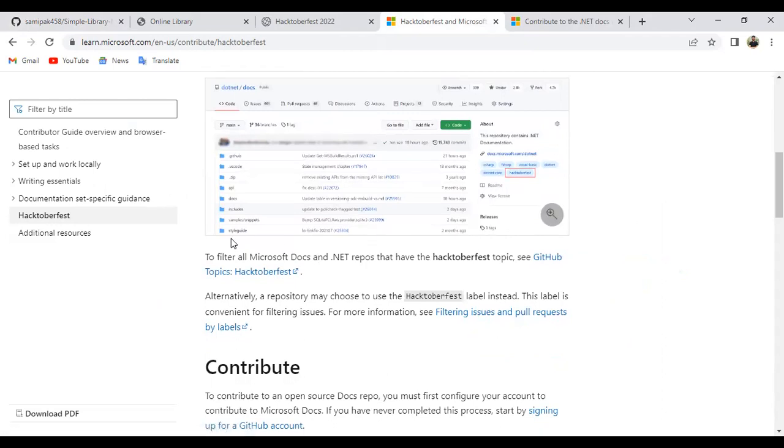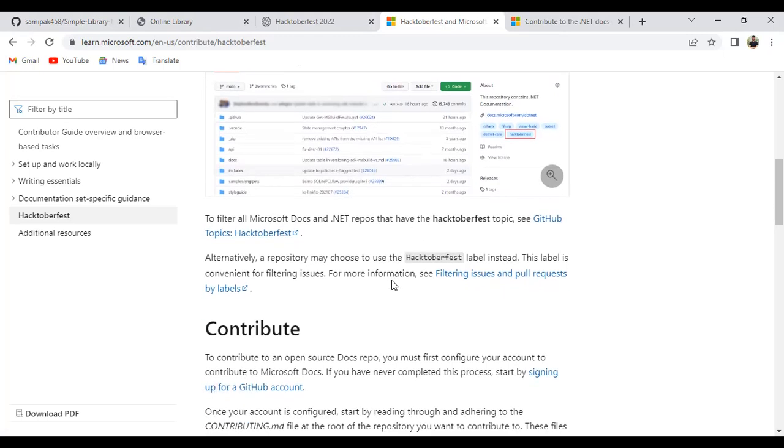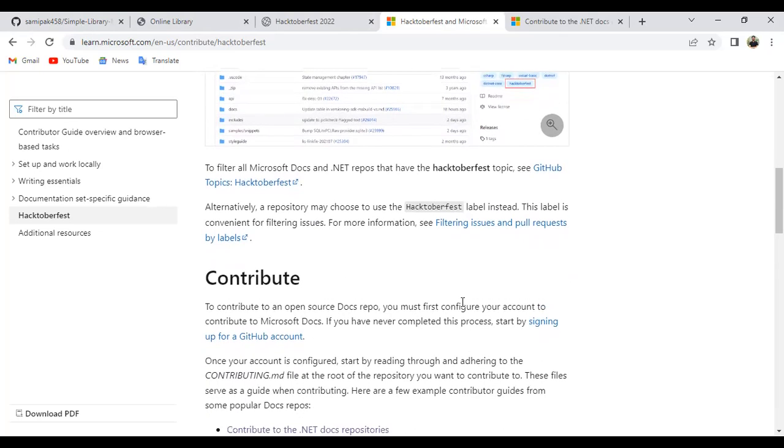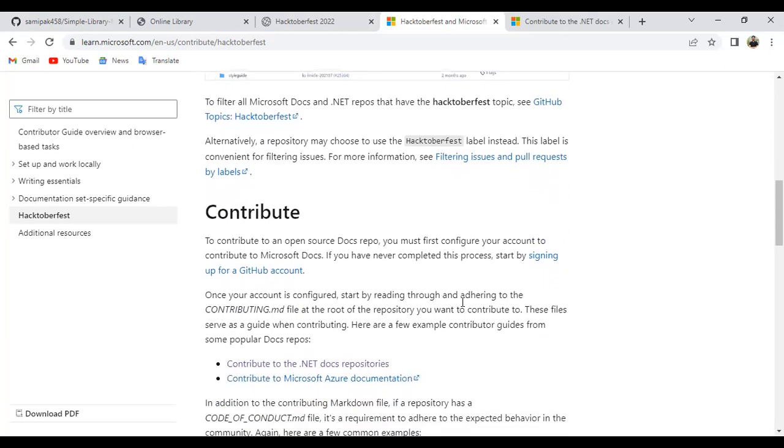Okay, so Microsoft Docs and .NET repos are participating in Hacktoberfest, which you can see by clicking on it. Okay, so you can filter the issues and the pull requests. I will tell you this after going through the end of this doc.